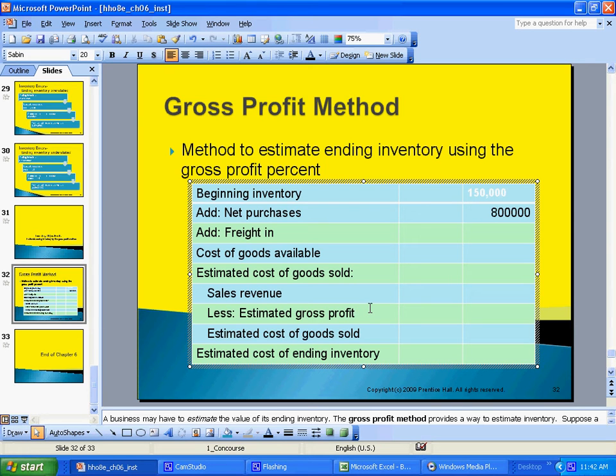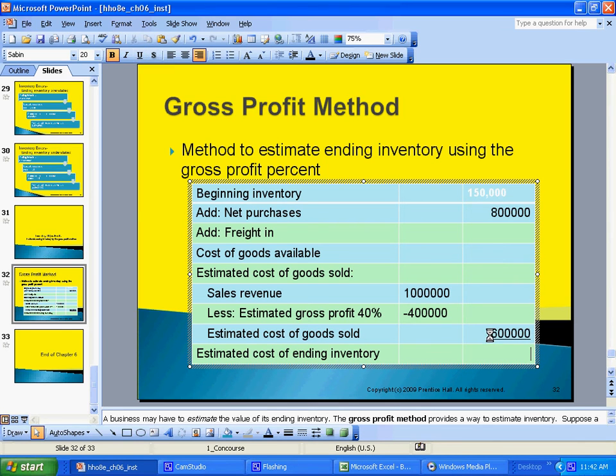gross profit. If the gross profit percentage or rate is 40%, that means our cost of goods sold was 60%. How did you come up with that, Mr. Cunningham? Well, you take 100% for sales less 40% gives you your cost of goods sold. 100 minus 40 gives you 60%. If sales were $1 million and gross profit was 40% of that, that must mean our gross profit was $400,000. So if we take sales of $1 million less the gross profit of $400,000, that means our cost of goods